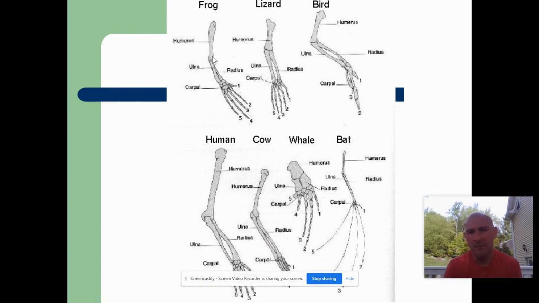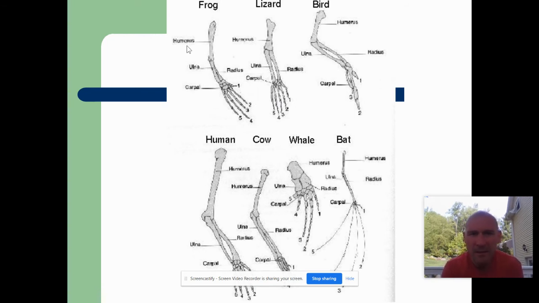So here's the leg of a frog, a lizard, a bird, human, cow, whale, bat. And what's amazing about this is that these are all different organisms, right? So we have a flying bat, we have a whale that swims, we have cows that are larger mammals, humans for grasping, frogs for jumping, lizards obviously. They're ancestors but further away. But if you look at the bone structure,